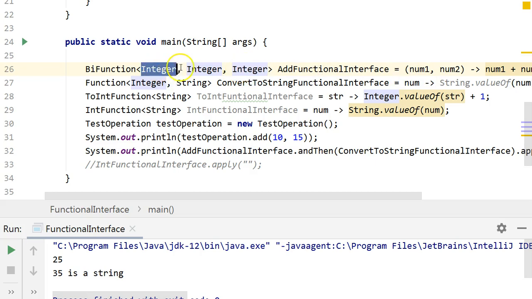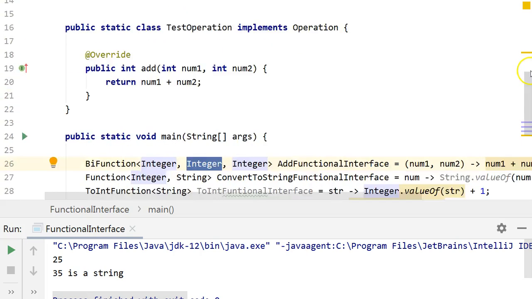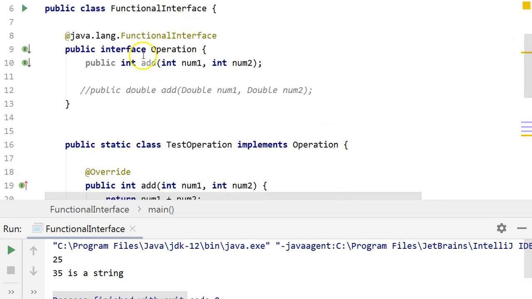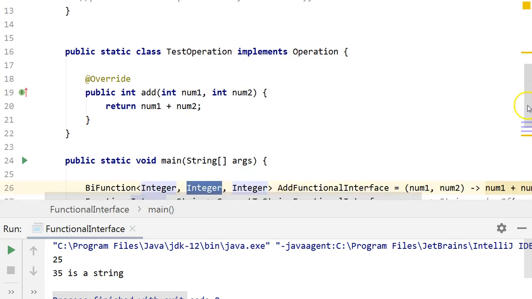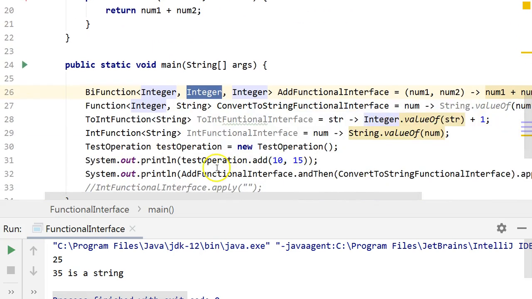This is num1 and this is num2. So all we are going to do is we don't have to write functional interface and then have a class which implements that interface and then come back and then create an object and then call that method. But all we are going to do is we're going to do everything in a single step here,